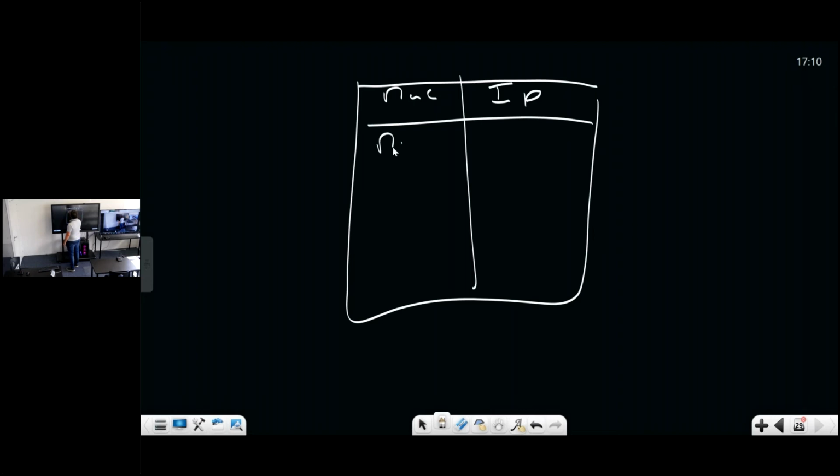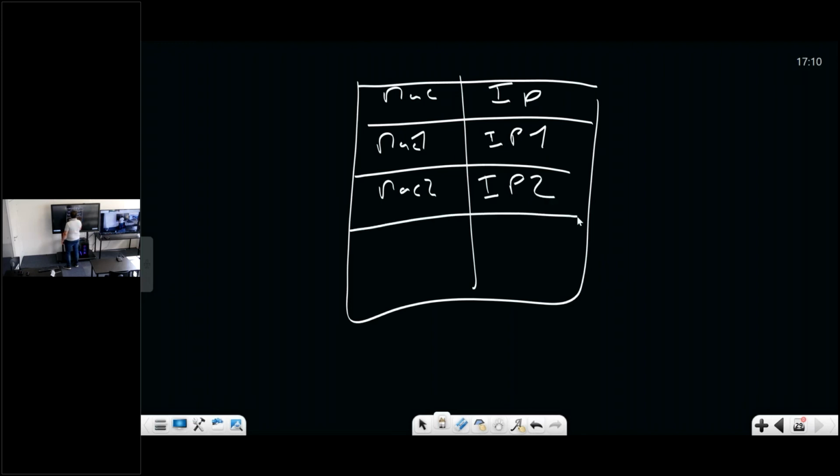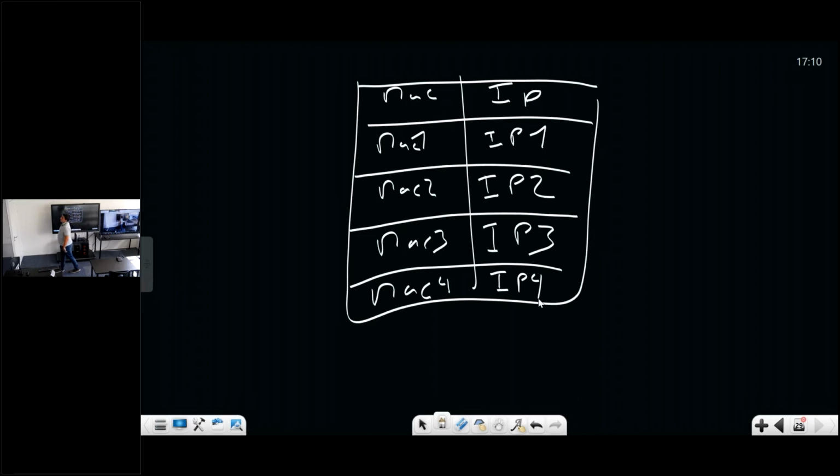So here I will have MAC1 attached to IP1, MAC2, IP2, MAC3, IP3, and MAC4, IP4. So when a new person arrives on the network, let's say Didier,